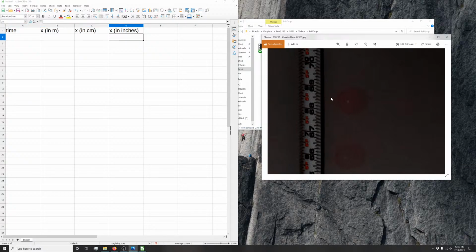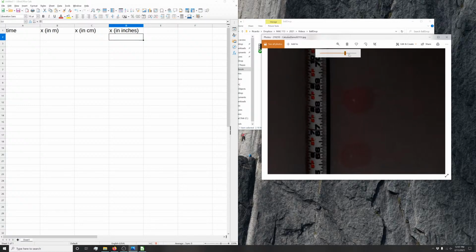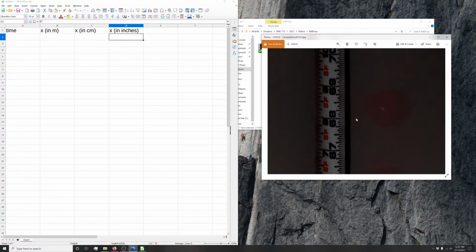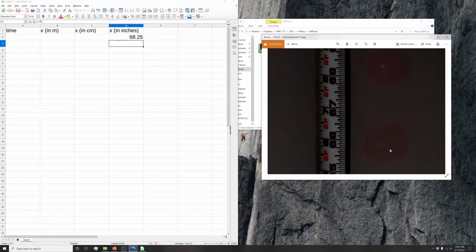So again, roughly what we can do is zoom in. And just kind of reading off of that, I see that's about, say, 68 and around 1/4 of an inch. And then we kind of just work our way down. Here's around, I don't know, about this point here. So let's say about 65, 65, and let's say